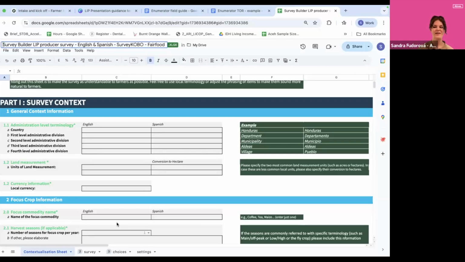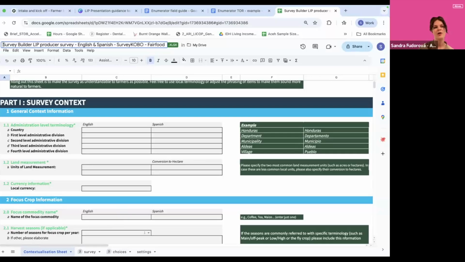As you might understand, these questions are standardized. However, for you to be able to apply them to different contexts, they understandably need a little bit of work, which is exactly the first very handy part that the toolkit offers through this contextualization sheet. The contextualization sheet includes two parts. So it is one part that is directly used to help you change the survey and the wording of the questions, as well as the answers to the multiple choice questions.